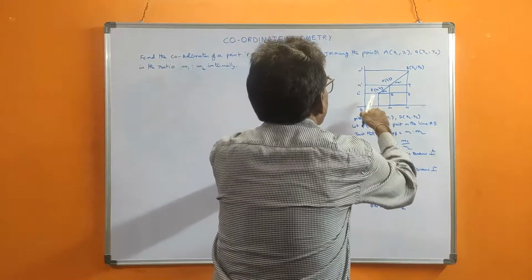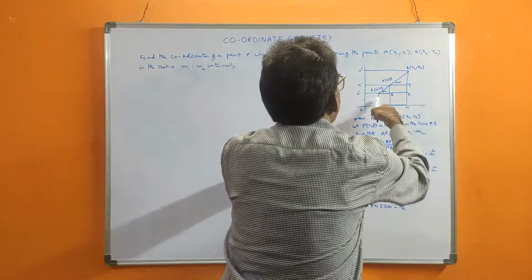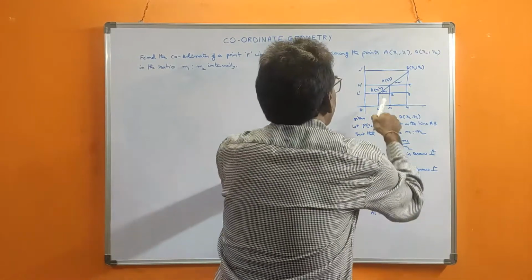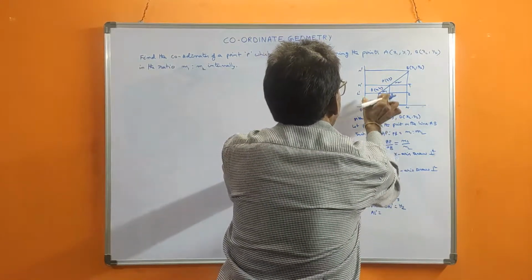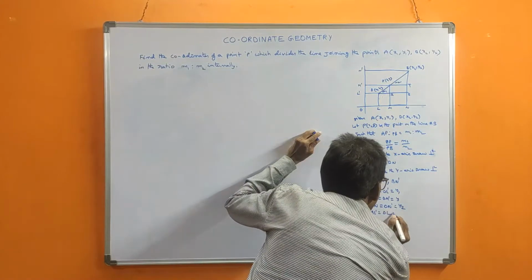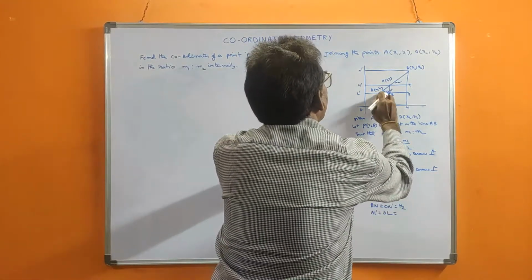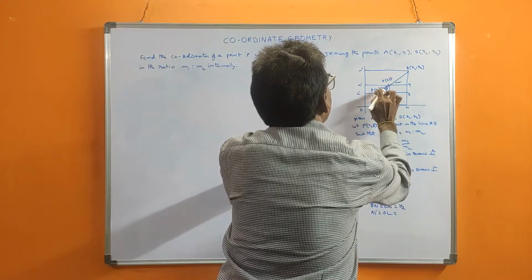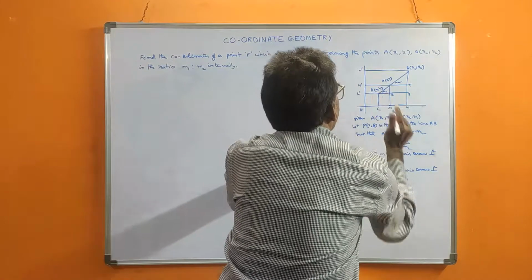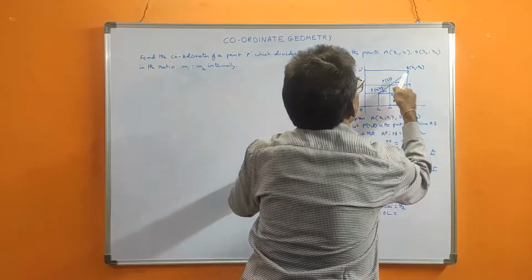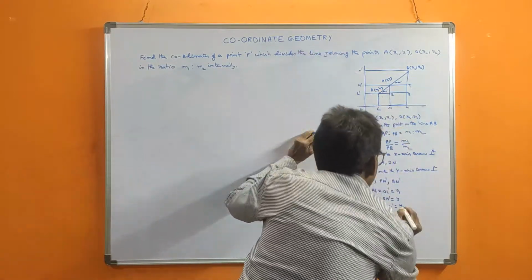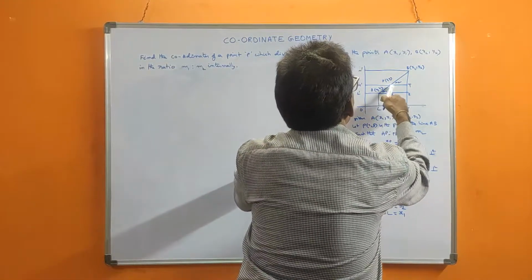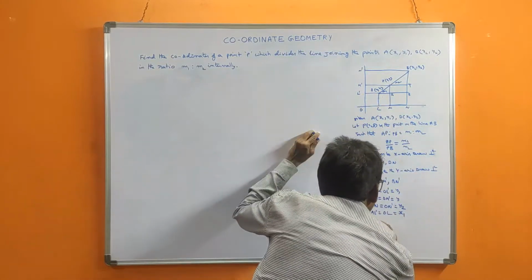In the same way we write horizontals also. We wrote verticals, now write horizontals. AL dash is nothing but the horizontal distance OL, that is O to L. This is the horizontal distance for point A. The x coordinate of point A is x1. Now second, this is point P, PM dash.